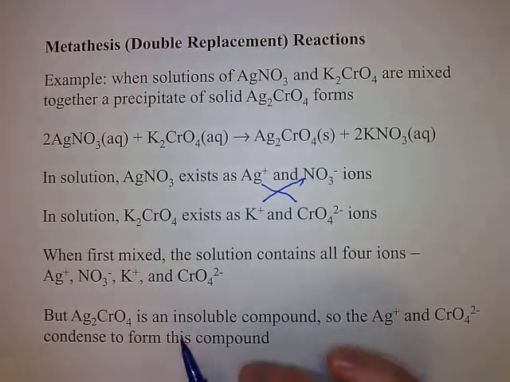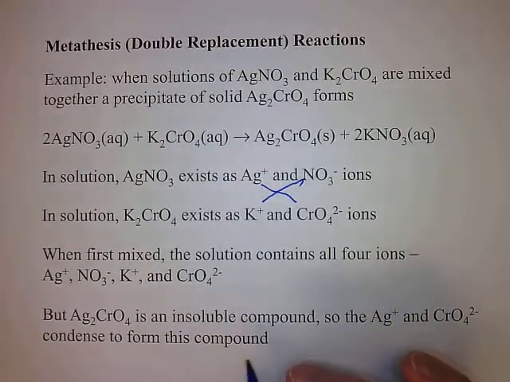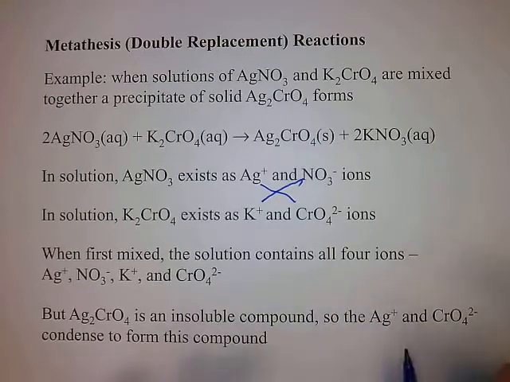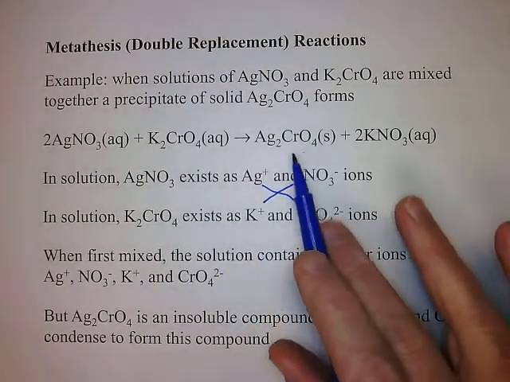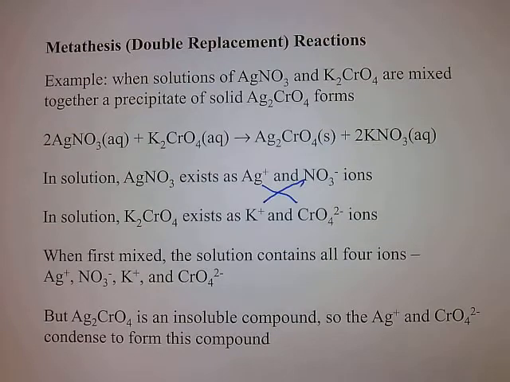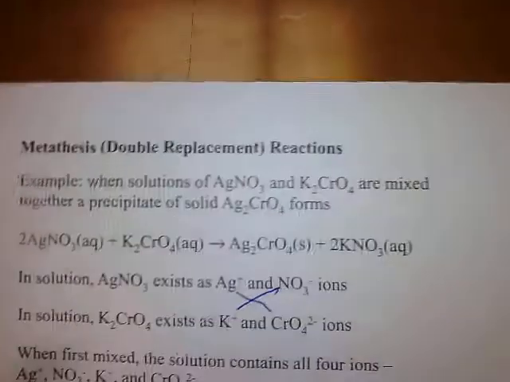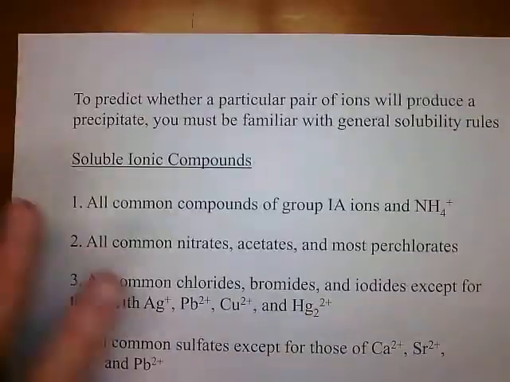So silver chromate is insoluble. Okay, and so the silver ions and the chromate ions begin pairing off and basically falling out of solution because they're producing insoluble silver chromate. Okay, so where we're going with this,